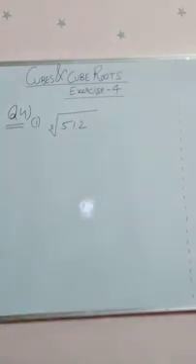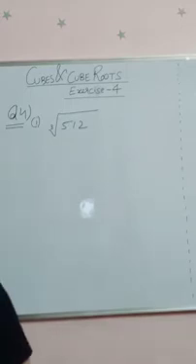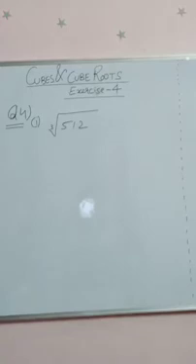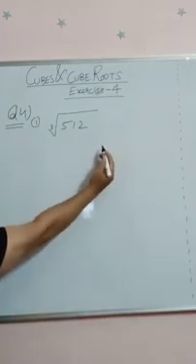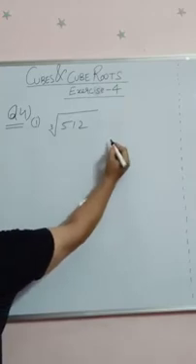512. In order to find the cube root of 512, we are going to go for the prime factorization method. Like I have already told you, in the case of squares and square roots, when we are finding the square root, we can opt for either prime factorization or the long division method. But for the cube root, we are going to emphasize the prime factorization method only. So let us find the prime factors of 512.